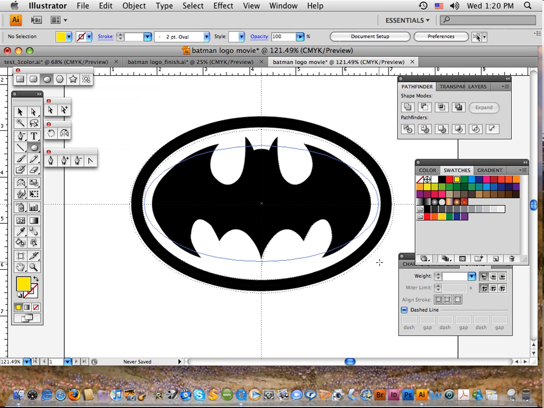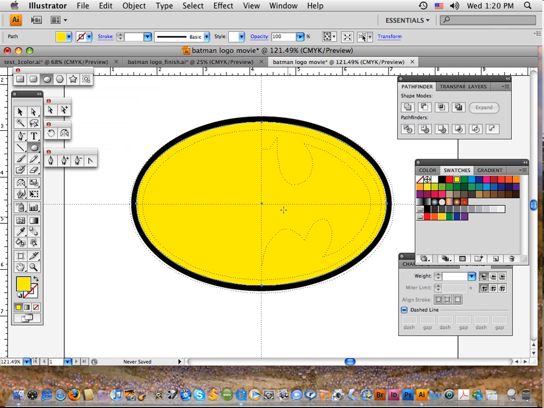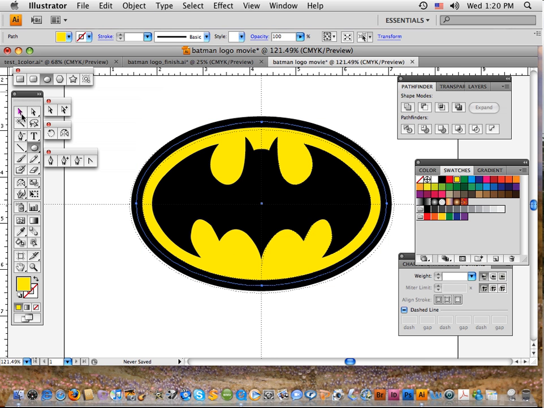Now I have to make an oval that just fits inside the black. The black is going to be in front of the yellow, so it will set over the yellow. So the yellow just has to be, like I've got it halfway into the black. When I let go of my mouse, I get a yellow oval. Now that's the last thing I made, so it's the first layer I see. That layer has to go all the way to the back. So hit the 3 keys, Command, Shift, and left bracket, and that will put that oval all the way to the back. And when you get through with that, and when you click away, you have finally created this Batman